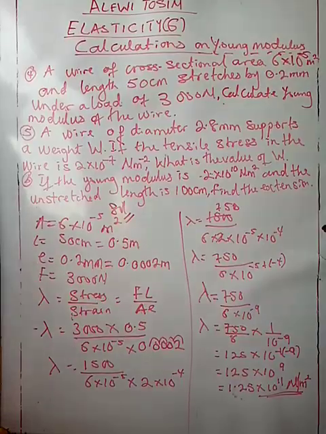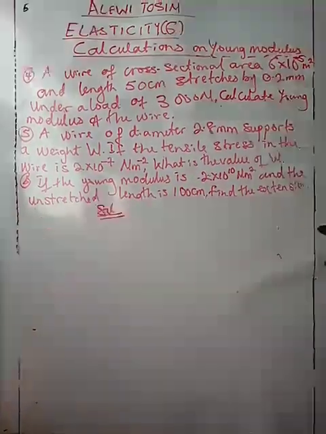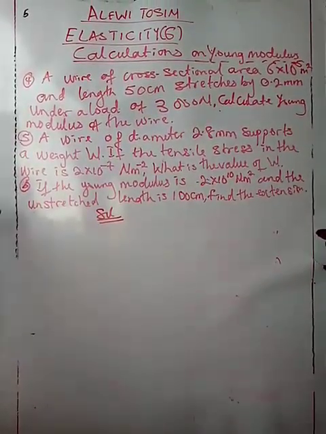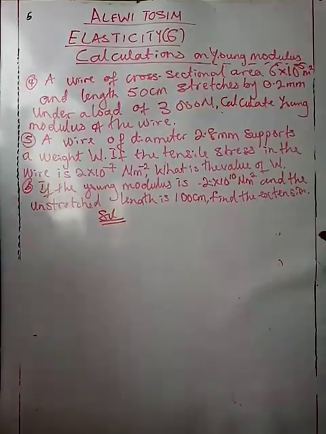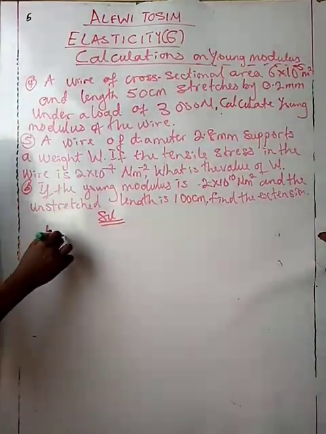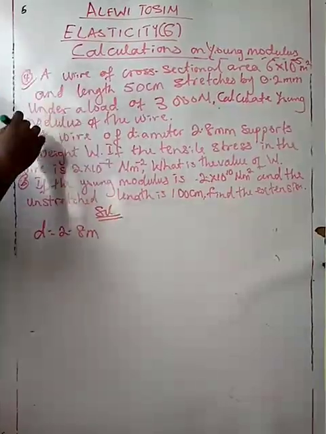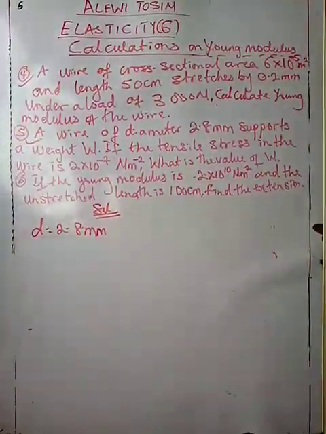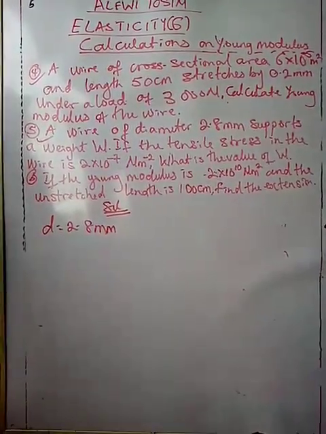Hope you understand the steps. Now let's take this next example, the second example. A wire of diameter 2.8 millimeter. Diameter is 2.8 millimeter. Firstly, we need to present this in